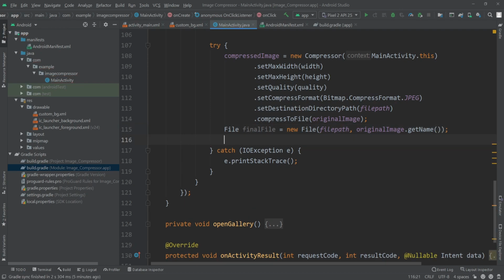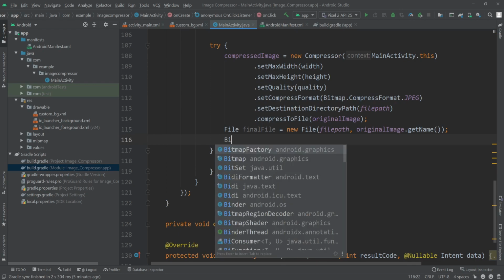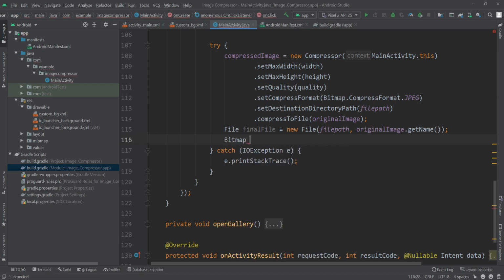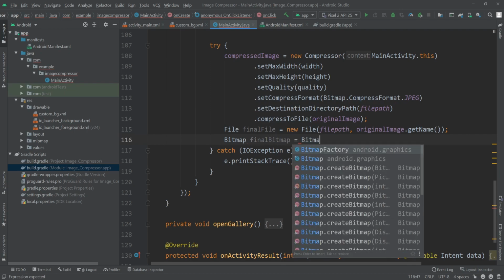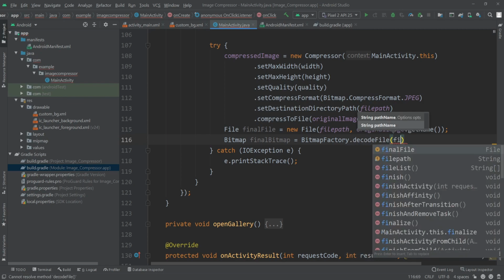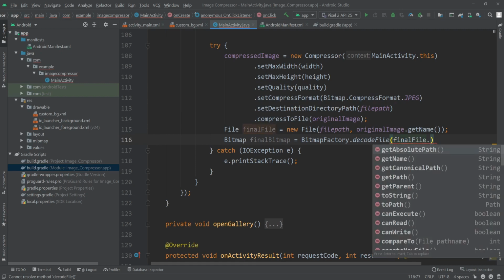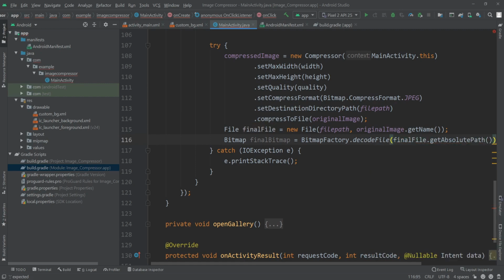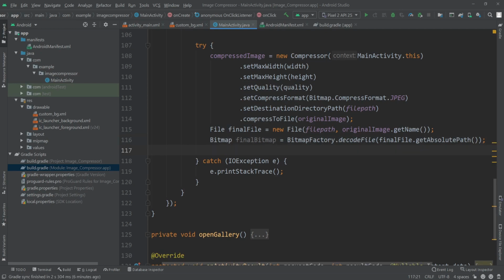and then we will create a bitmap from the final file. So I'll write Bitmap, I'll call this final bitmap equals BitmapFactory dot decodeFile, and here I'll pass the final file dot getAbsolutePath. Now we can show this bitmap inside our img compressed image view. So I'll write img compressed dot setImageBitmap, and here I'll pass the final bitmap that we created here,